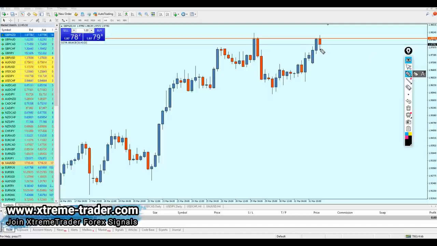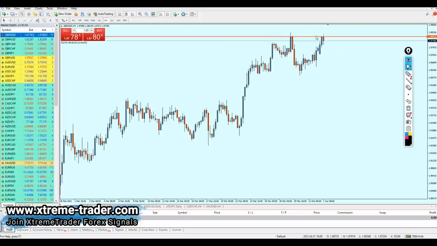Now, the next valid setup here, in my opinion, is going to be if this pair falls all the way right here to hit that previous resistance. Anyway, I'm rushing to talk about this. Let me first explain what my strategy is before explaining the setups.